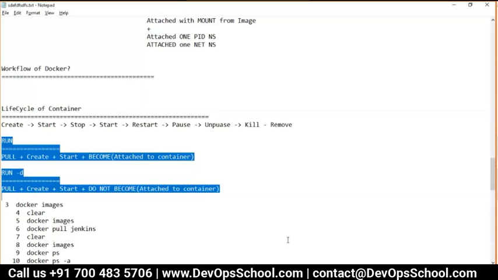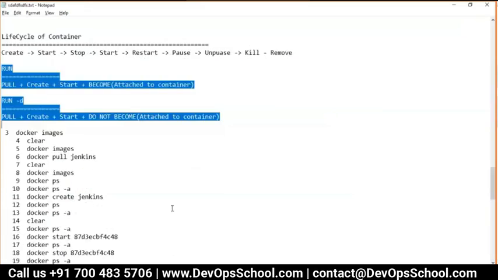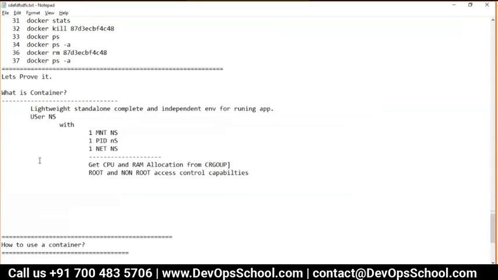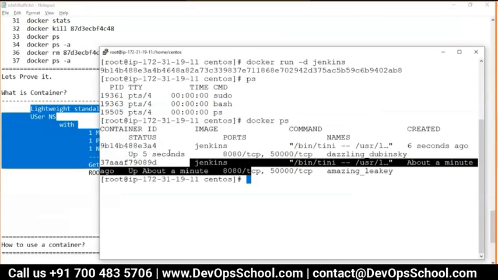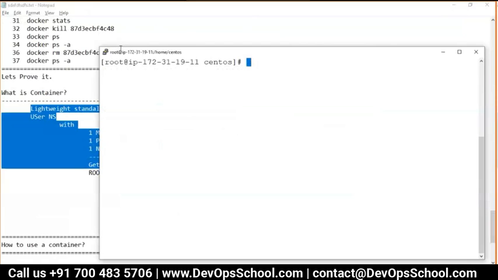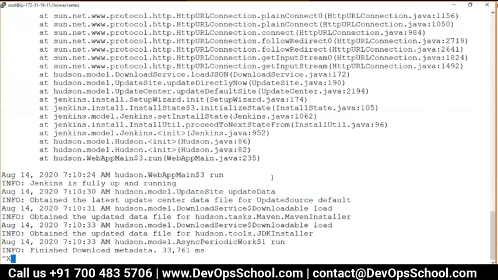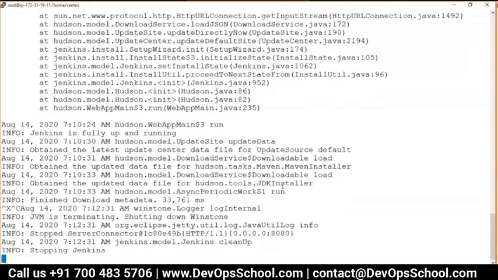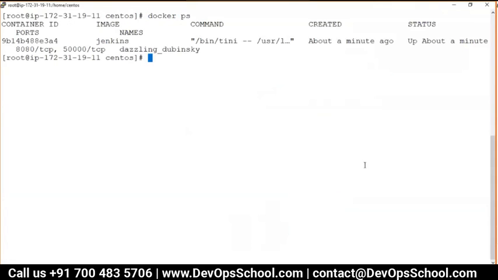Yep. Okay. So now I told you, from now onwards, to prove this, I will use the run command only because I do not want to run multiple commands. So here guys, I will close this container. I exited this. How come it got exited? I'll teach you also. But right now, docker ps -a,